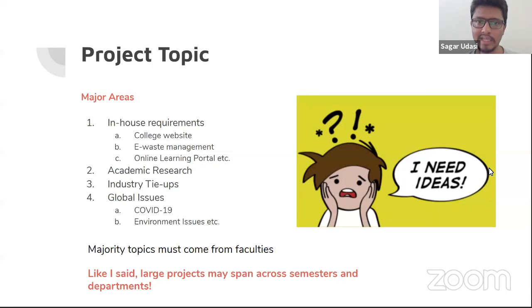Now, before creating this slide and before coming up with these major areas, I had a discussion with my colleague who is in the US and has done an MS. I discussed this with a couple of colleagues actually, and I asked them how they decide on a particular project. So is the college providing them project topics, or are they deciding on their own, and what is the way there? So these are the 4 categories that I derived based on their discussion. So this is something that the global academic institutions are following. So it could be academic research, then there could be industry tie-ups. So our colleges can have tie-ups with industries, and there